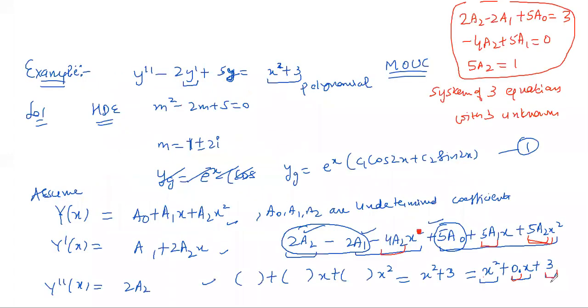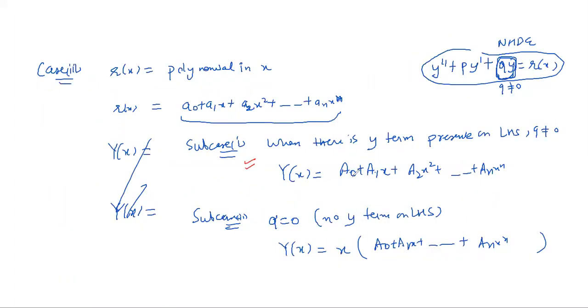So now the other case, I told you there will be two cases. This case example we have done. There is the other case in which there will be no y term on the left hand side. In that case, you have to multiply with x. So that example I am not going to take explicitly. That example I will take as a part of some other example.